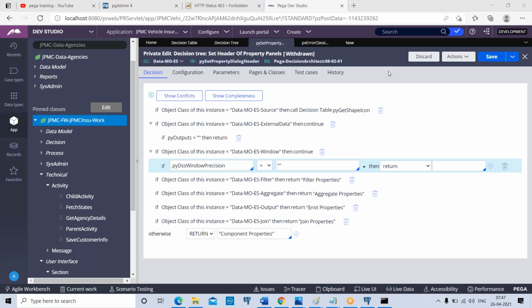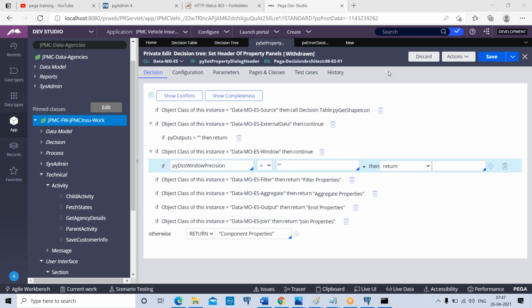Suppose in your logic requirement, you wanted to use expression builder, either in the conditions or the return values. As per your requirement, you have to use expression builder. Then is it possible to go with decision tree?